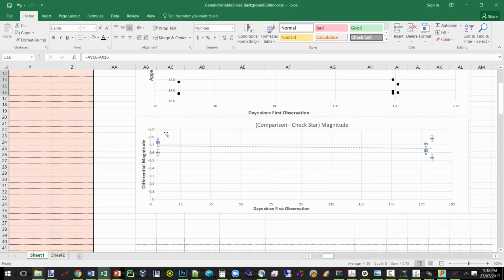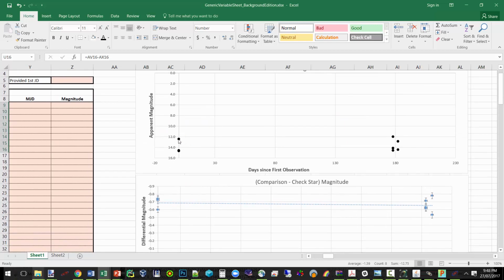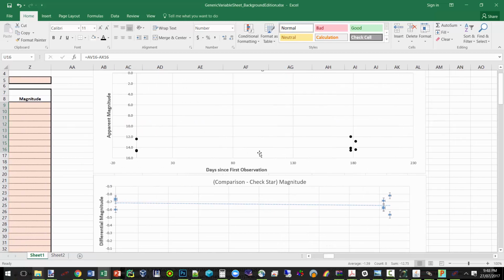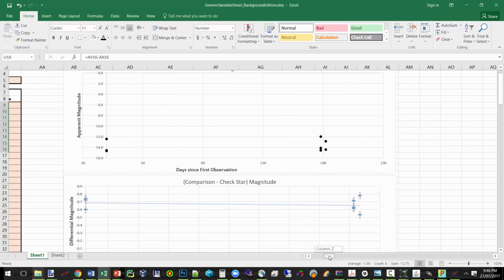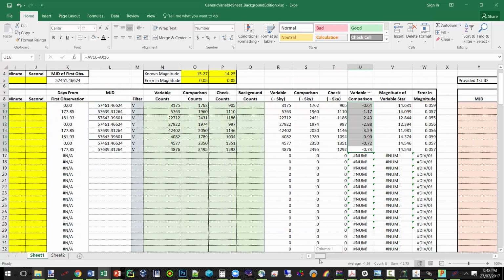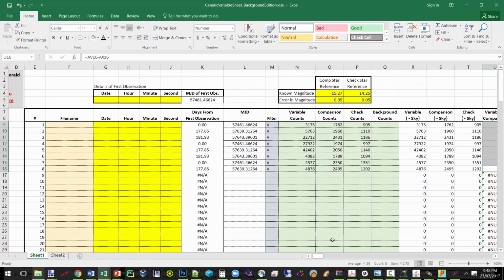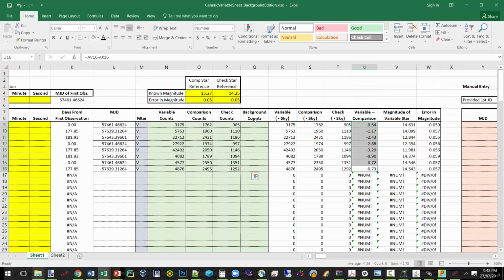And your comparison and check star magnitudes should go on here, and I've made a little trend line. It should be roughly flat. It's not ever going to be perfectly flat. And your observations are likely just to look scattered, and that's fine. There's nothing wrong with that. You have to analyze the period and fold the light curve around for it to make sense. So that's just the spreadsheet, and it's just a way of recording your observations and having it automate